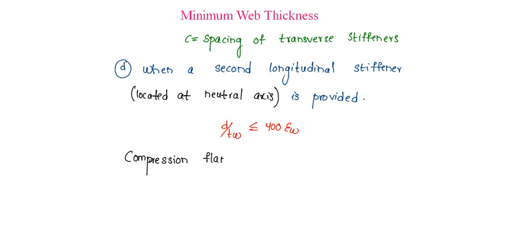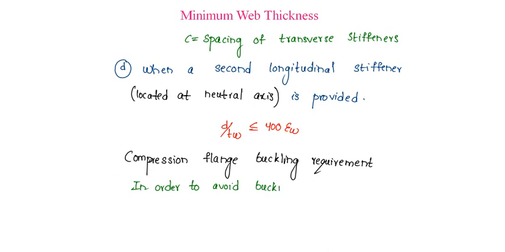compression flange buckling requirement. This is in order to avoid buckling of the compression flange into the web. The following requirements are taken, in which the first case is when transverse stiffeners are not provided,